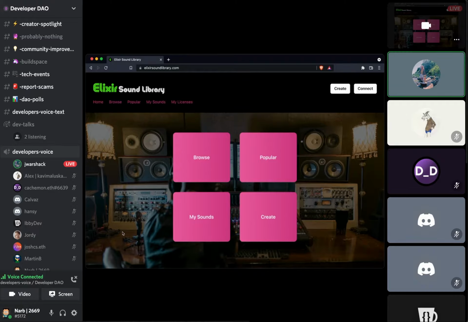The key here is that it's minted as an NFT, but when someone licenses it, there's no transfer of ownership. The creator retains ownership, but the licensees' addresses are tracked along with the NFT. That's what proves that they paid for it and that they have the rights to it.